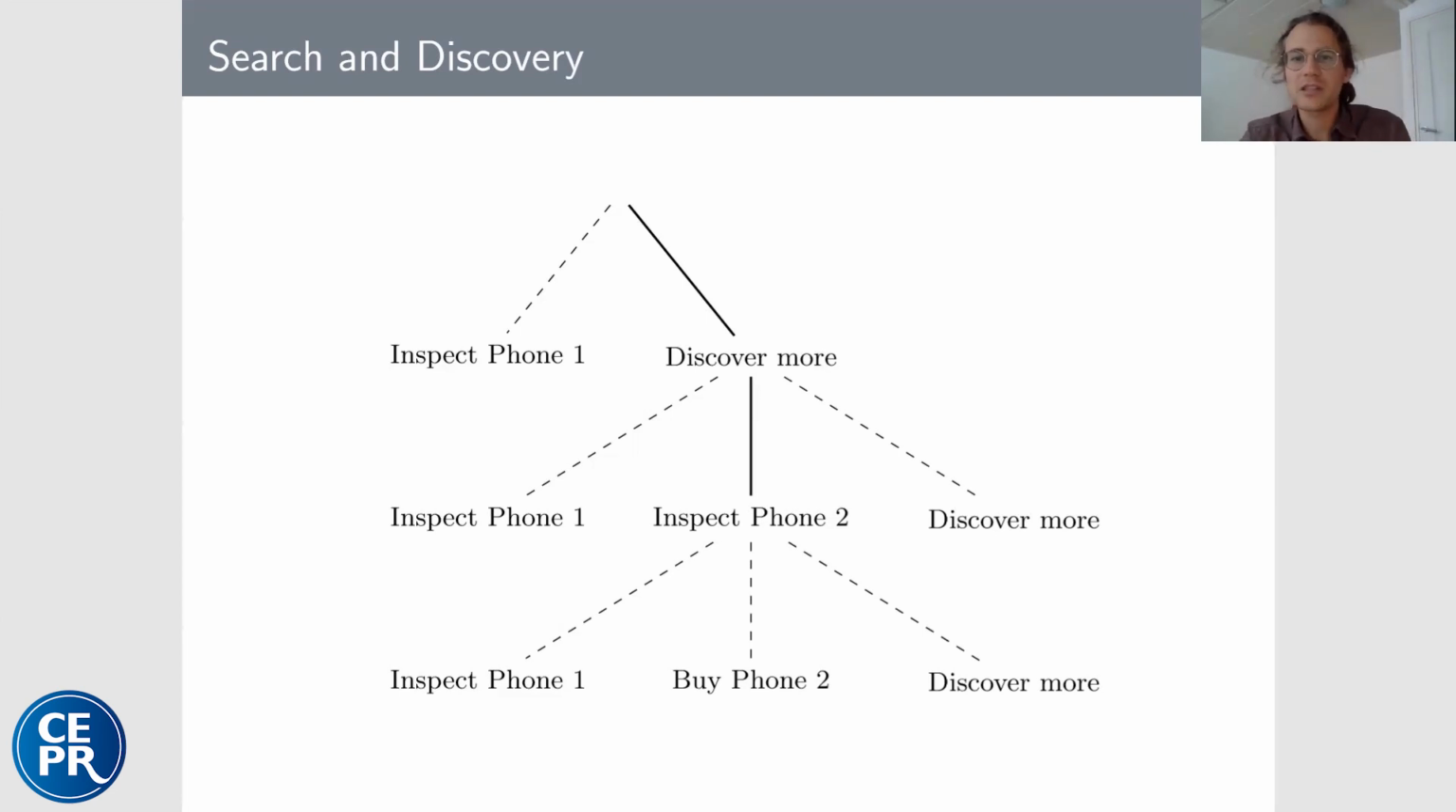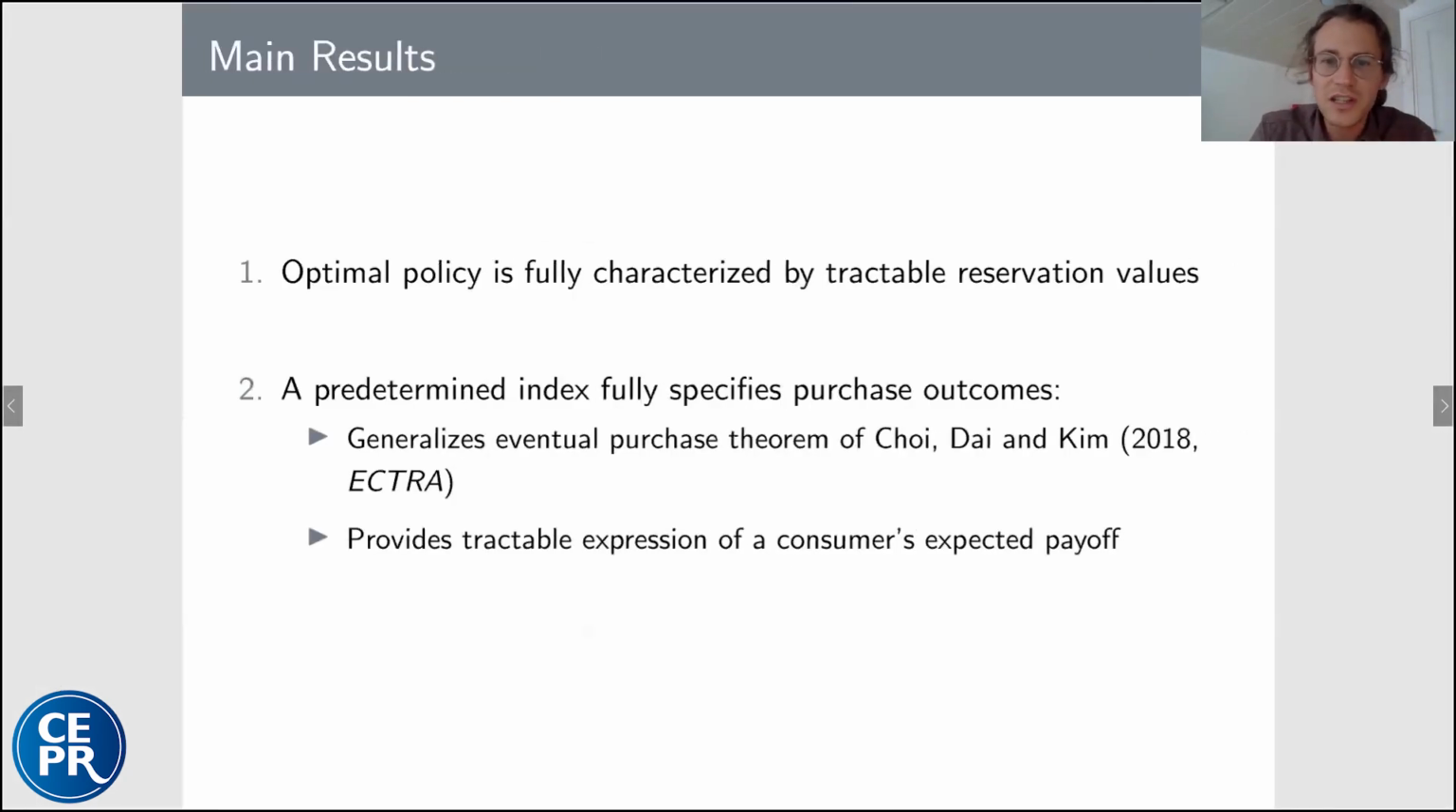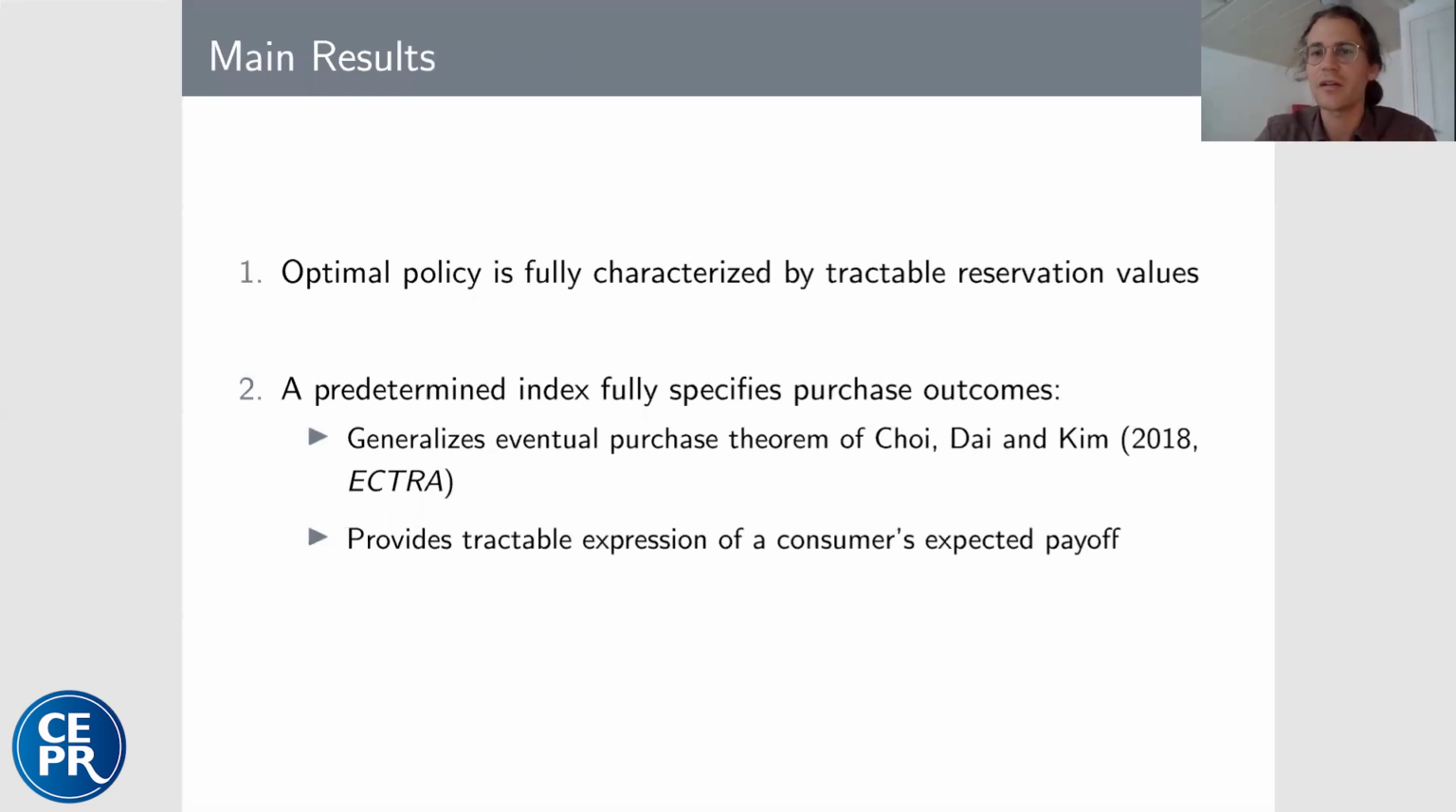So as you can imagine, this can become a fairly complex dynamic decision process, in particular when there are many possible alternatives. But as I prove in the paper, the optimal policy is fully characterized by tractable reservation values. These values are essentially Gittins index values, but with the difference that whereas the Gittins index in general can be difficult to compute because it takes into account a lot of future periods, I show that in this case, these